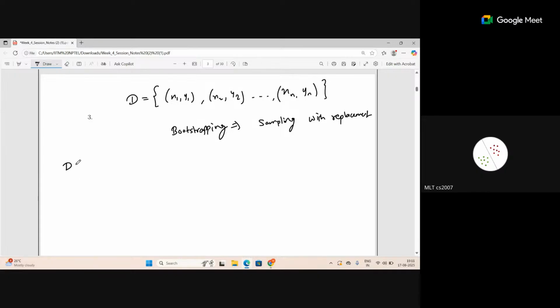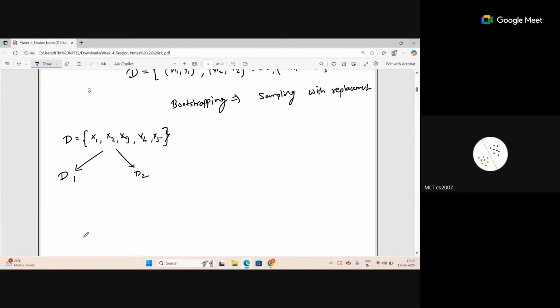Suppose some data set is like this. You have 5 points: x1, x2, x3, x4, and x5. In this case bagging comes in this way. Let's say your data sets are d1 and d2. I need to get data set d1 from this capital D, and d2 also from this capital D. Let us consider each data set as a bag. And I need to choose how many data points? 5 data points. And when I say sampling with replacement,